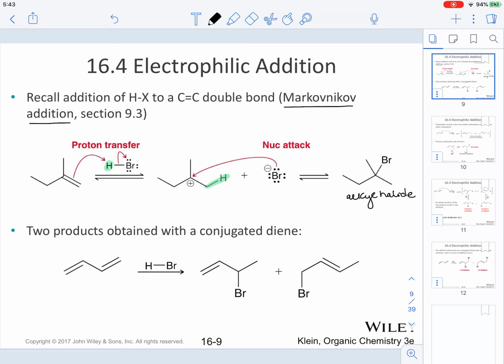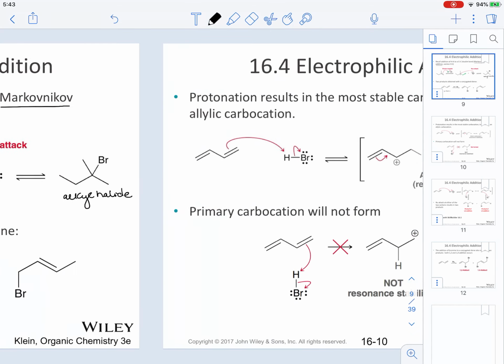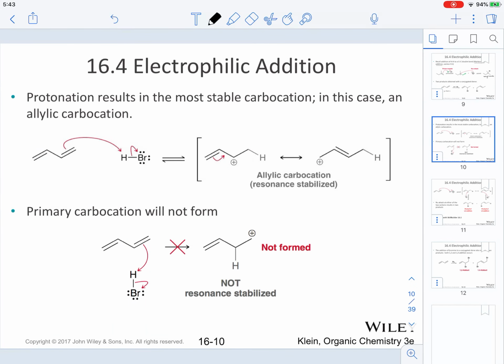Understand that if you have a diene, and as you can see we have here the most stable, the S-trans diene, in the presence of HBr we are going to be making two products, okay? And now we're going to discuss why specifically we make two products. So understand that if we go over the mechanism of S-trans butadiene undergoing this addition reaction, this halogenation reaction, what we